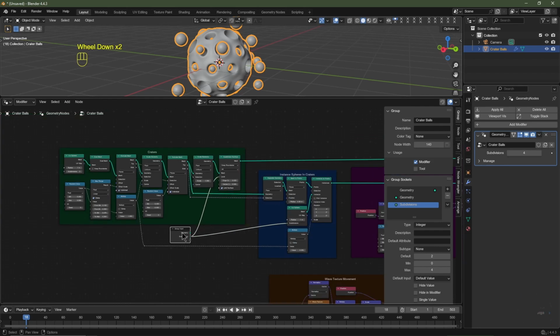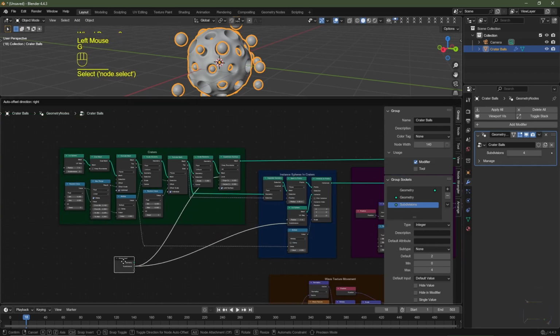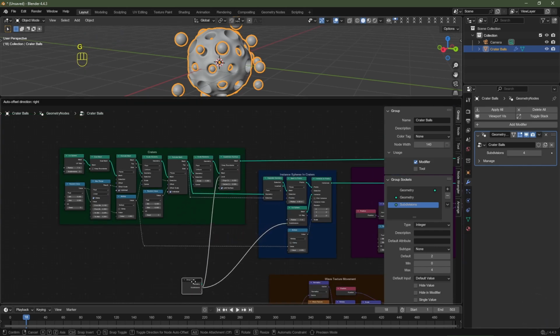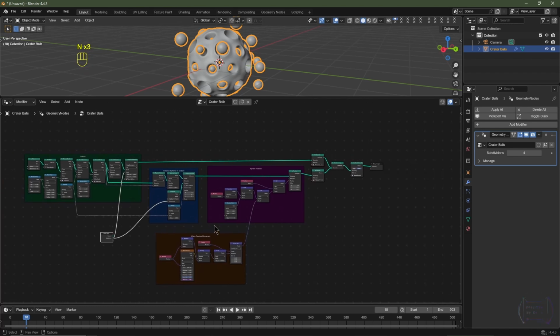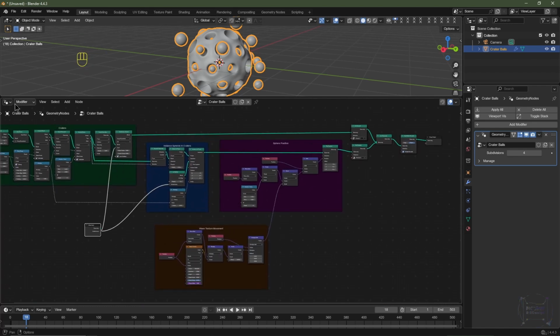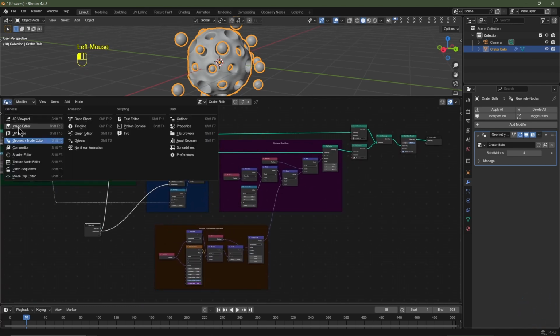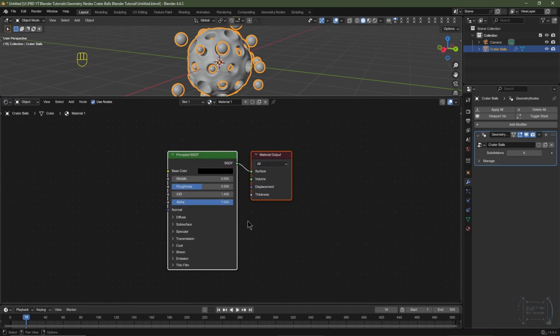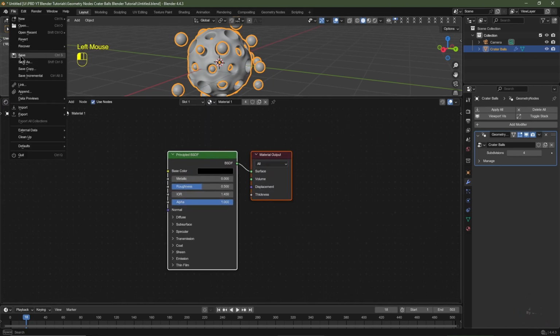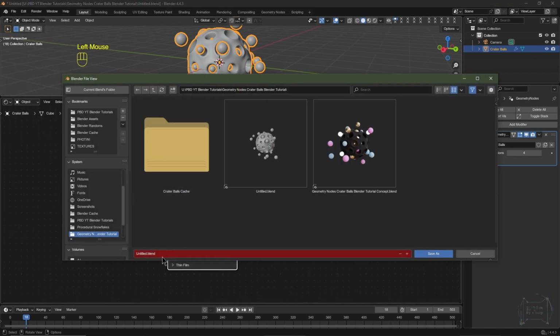Okay, I'll just zoom out. I'm going to take this group input node. I'm going to hit G and I'm going to bring it down to around about there. I'll just hit N to hide the N panel. I'll then change this window from the geometry node editor to the shader editor. Before we continue, I'm just going to click File, I'm going to choose Save As, and I'm going to save my project as